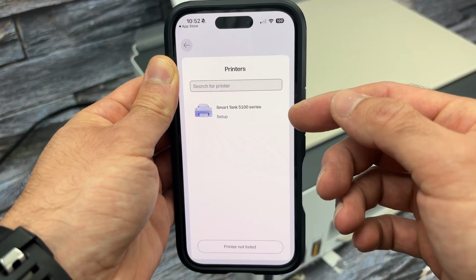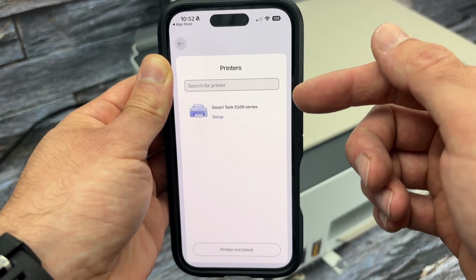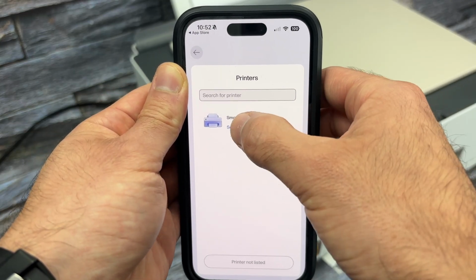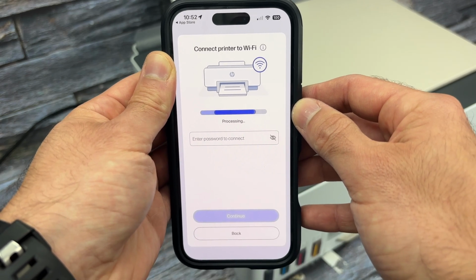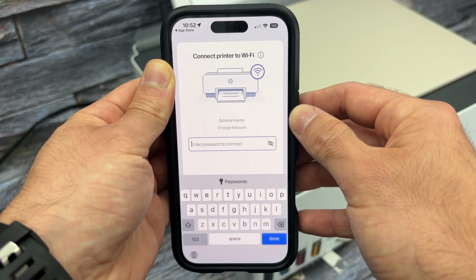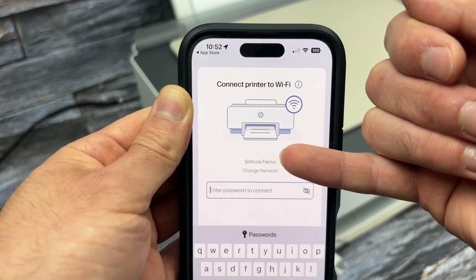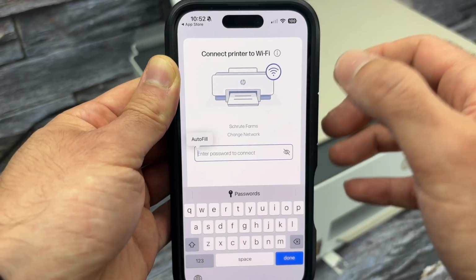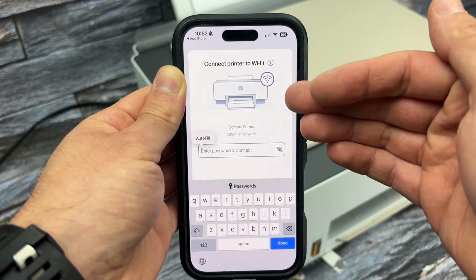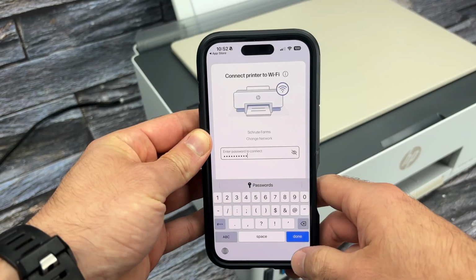Your HP Smart Tank should appear in this list. Over here you see Smart Tank 5100 series. This is the one we need to tap on. And now we need to connect the printer to your Wi-Fi network. So this is the Wi-Fi network that your iPhone is currently connected to. And over here we need to type the password of this Wi-Fi network so that the printer can connect to it as well. Then press done